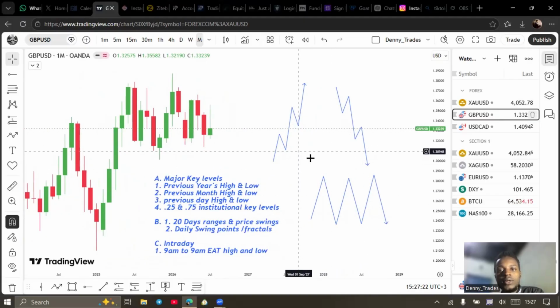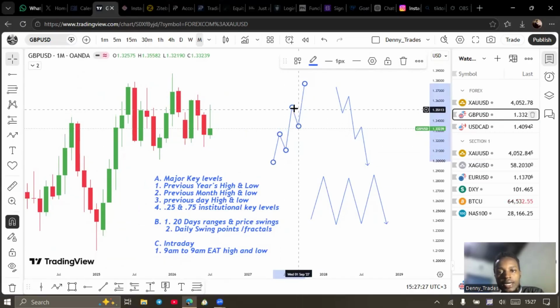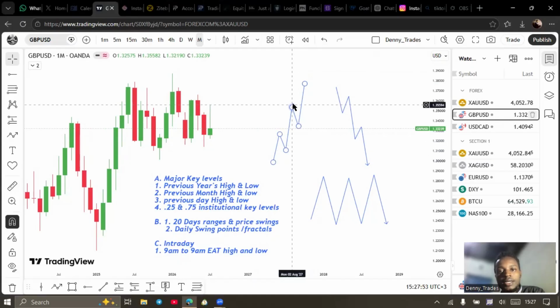Okay, when it's trending higher, it's making higher highs and higher lows, which means this high is higher than this high, which makes it a higher high. So price is making higher highs when it's trending higher, and when it's trending higher, we say that price is bullish. Okay, and when it's bullish, it's also making higher lows, meaning